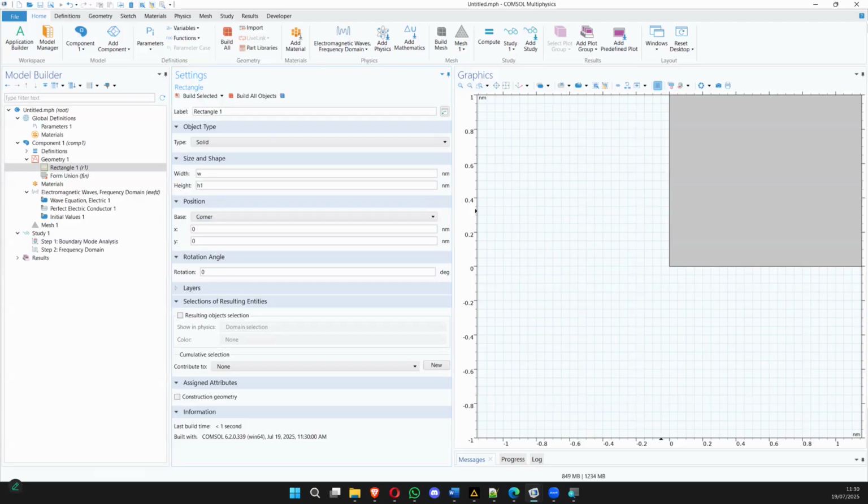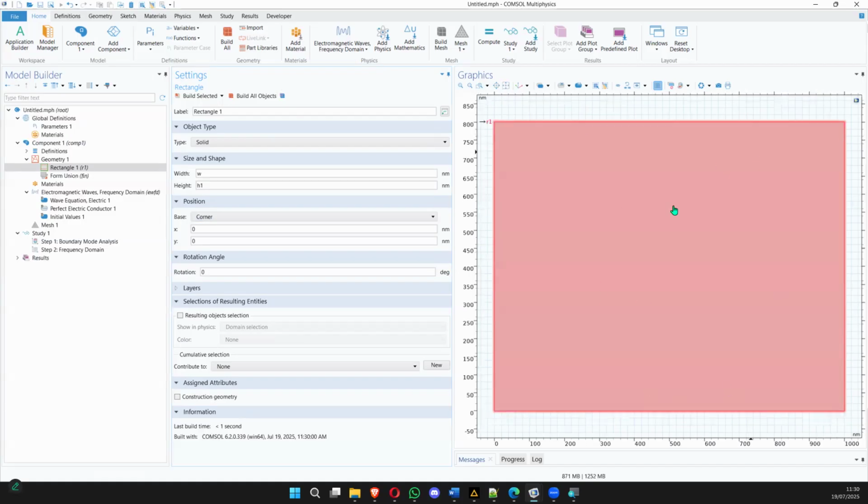Someone turn on the mic and respond. Yes, sir. Continuously. Yes, sir. Okay, so then click on this one, zoom extents. So you'll find the whole rectangle here, this substrate. Did you guys find this one? Okay. Now see